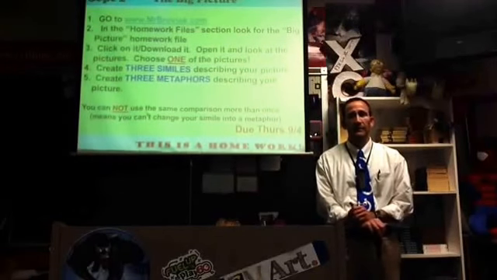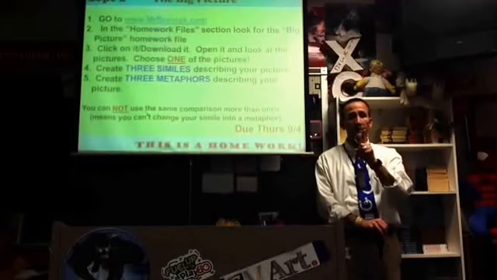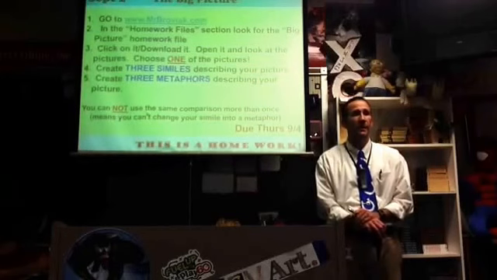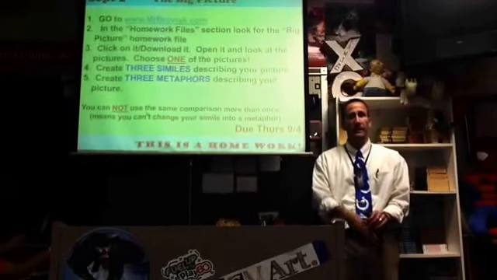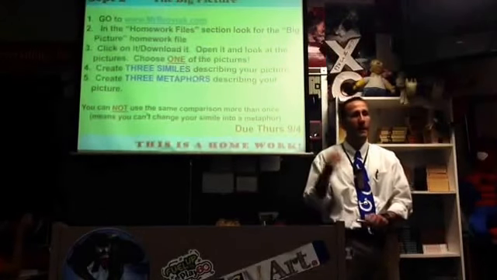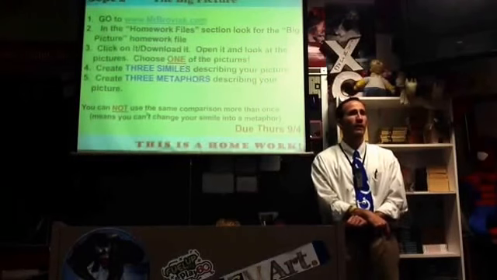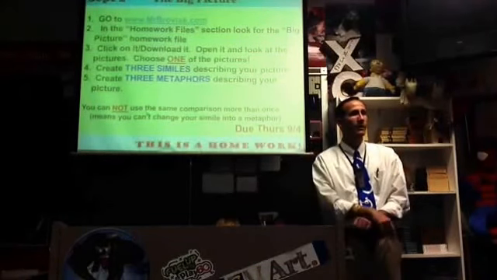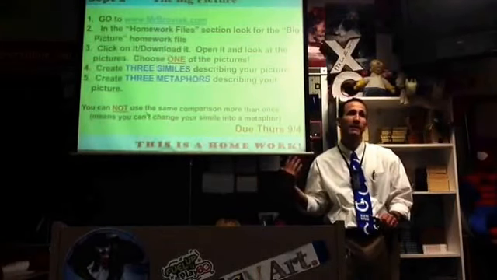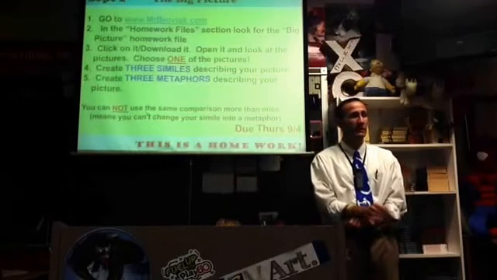You're just going to find a picture. It's really easy. There's 7 pictures. Pick one of the 7 pictures to write your 6 things about. And if there was a picture of a guy skiing, there's not, because that's boring. All my pictures are awesome. But if there was a guy skiing, you could say, the guy's skis are toothpicks on his feet. Bam! One metaphor. The snow is sugar on the ground. Bam! The clouds are cotton balls floating in the sky. Bam! And you just sort of go through there, and as quickly as you can write down 3 similes, 3 metaphors,